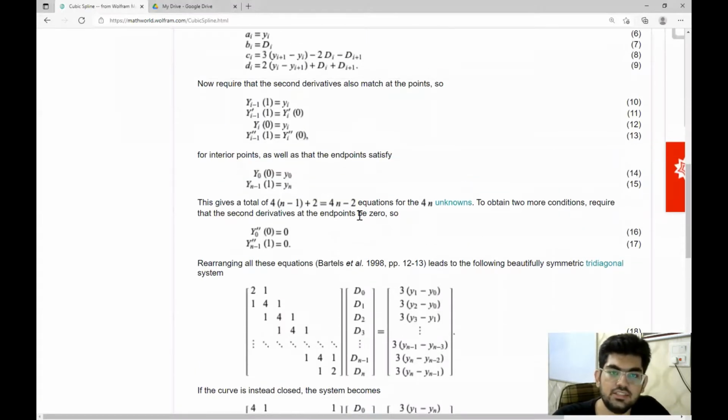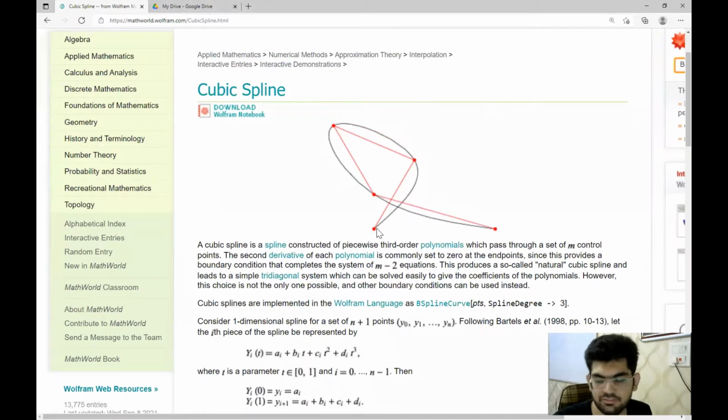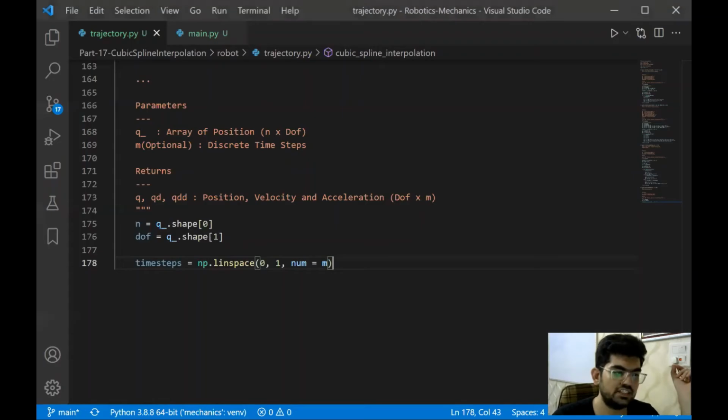In the implementation, it is assumed that each segment is working from 0 till 1. If we consider this cubic over here between these 2 points, then at t equals 0, the point is over here, and at t equals 1, the point is over here. So the cubic polynomial is interpolated from 0 till 1. But in our case, we usually have been assuming till now that the whole trajectory should be planned from 0 to 1. So in order to account for that, we need to do some adjustment to this. So let's see what the adjustment is going to be.